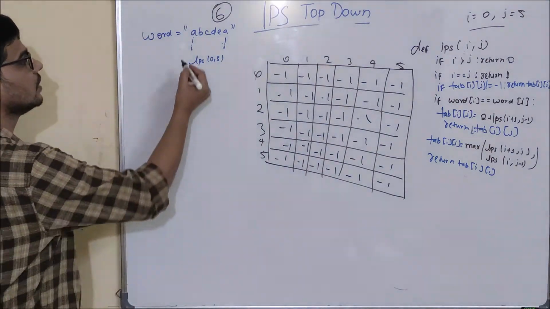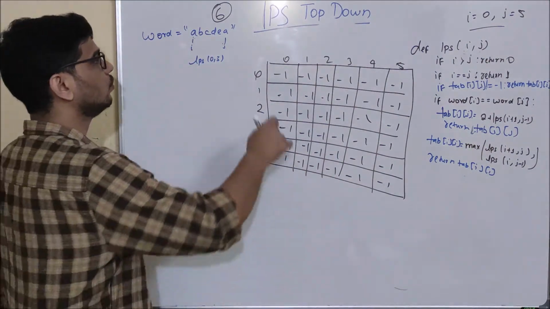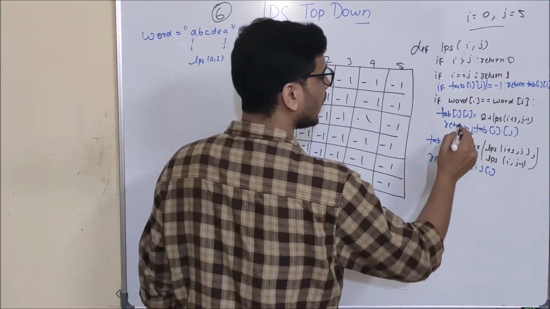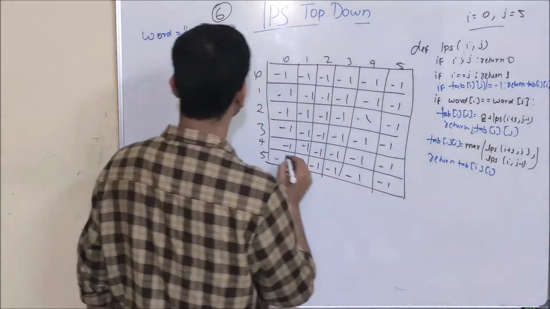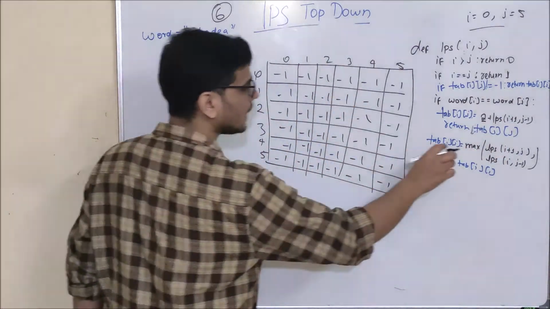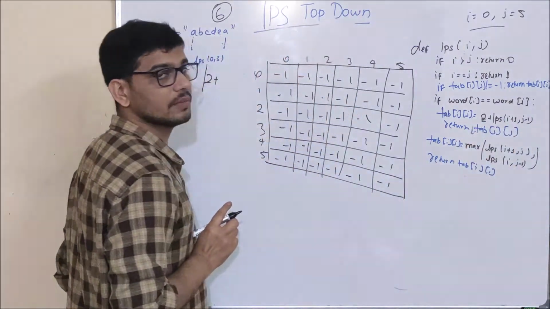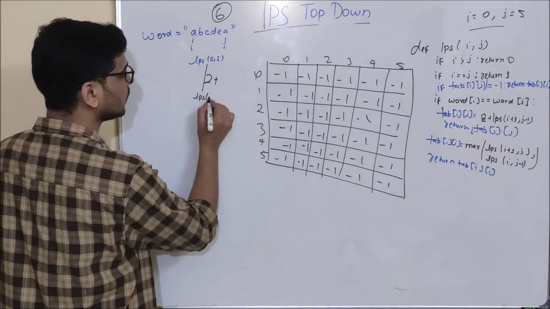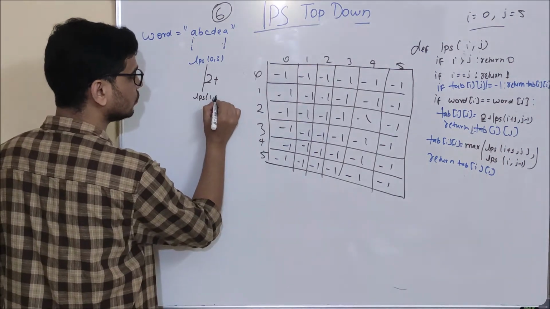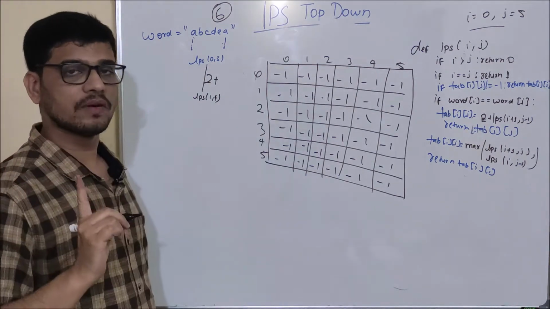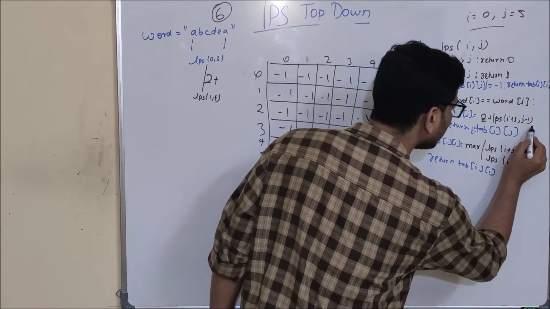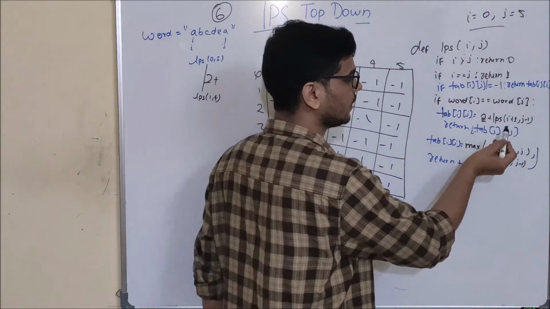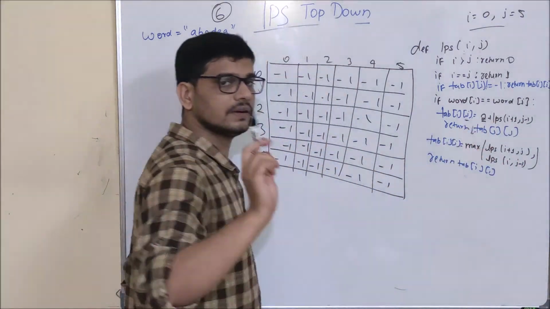And as you can see here, what is at i? It is A, and what is at j? It is also A. So this if check will be true. And what will it do? It will first do 2 plus LPS of i plus 1, j minus 1. So it will basically call LPS of 0 plus 1, 5 minus 1. So it will call LPS of 1 comma 4. And see one thing, it will compute 2 plus LPS of 1 comma 4, and when it returns its value, it will store it in the table.